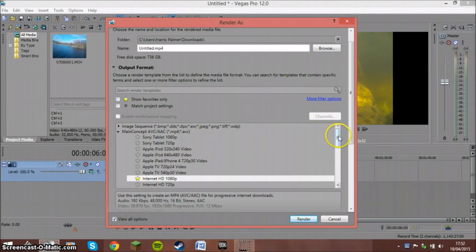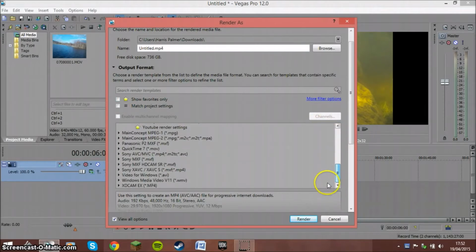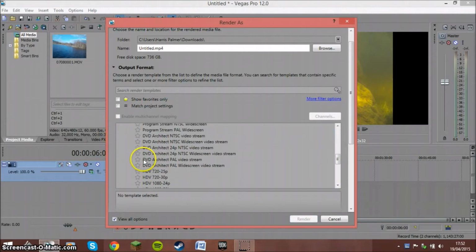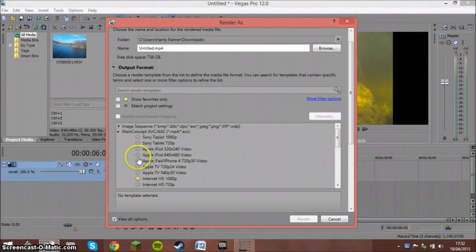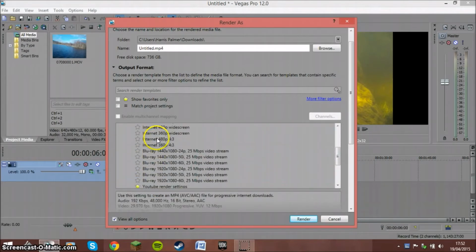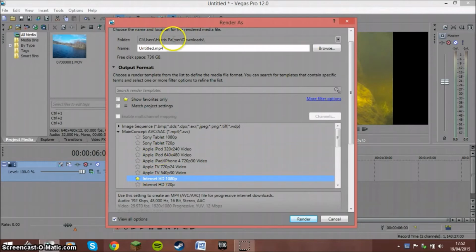There is literally hundreds. Like each one of these turns into about 10, a number of different ones. But we're just going to use Internet 1080p. So you click it, you name it, and you choose where you want it to go. I'm just going to choose videos, and I'll call it test. Now you choose that, it will render as long as there's enough free disk space,